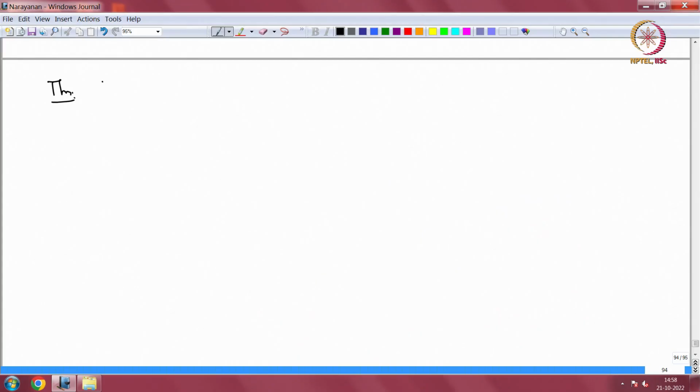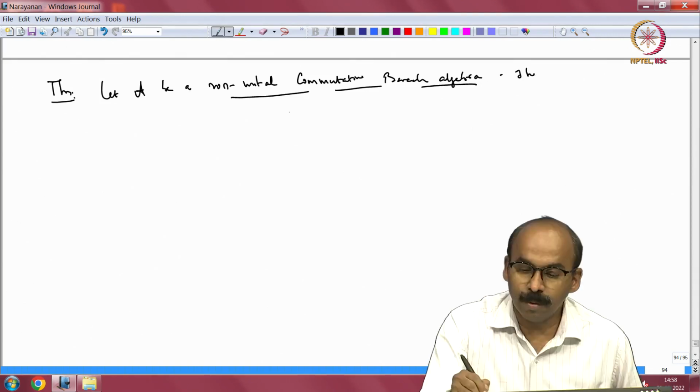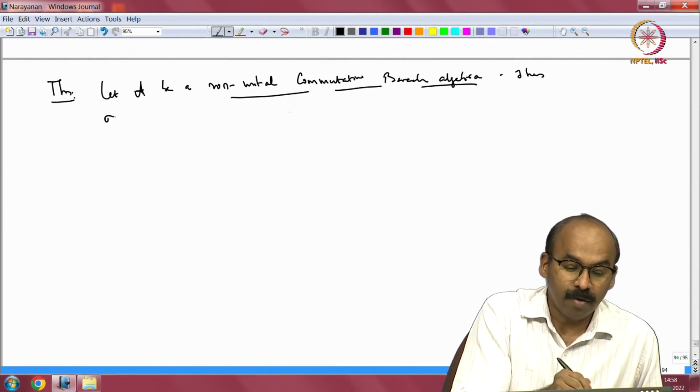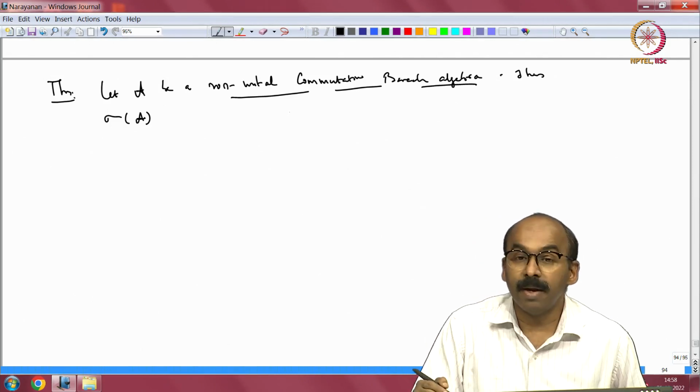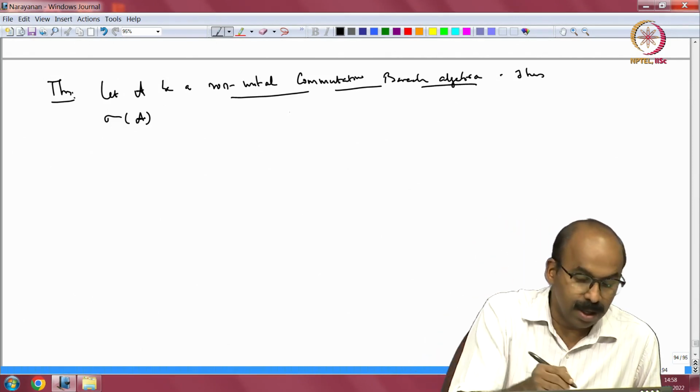Okay. So, let us start with the following theorem. Let A be a non-unital commutative Banach algebra. So, right now it is still a Banach algebra. Then, most of this we have already seen. Then sigma of A, remember, is the collection of all multiplicative linear functionals, which can be defined even for the non-unital case. Sigma A is a locally compact